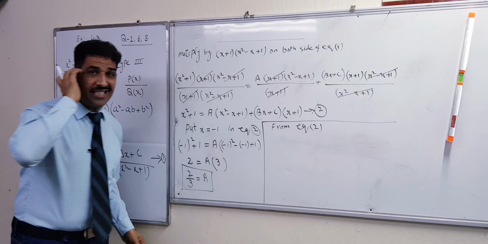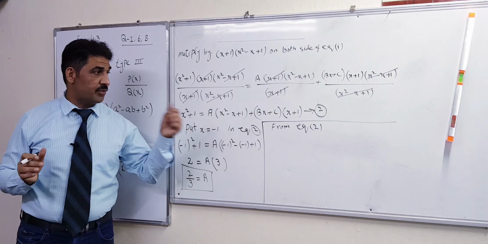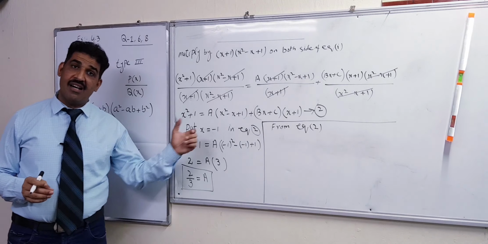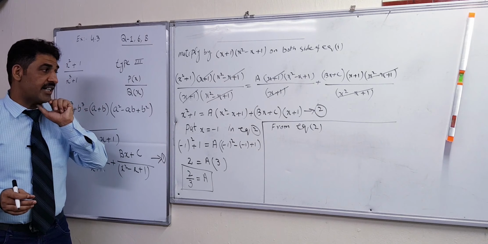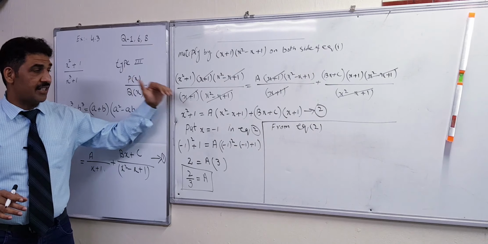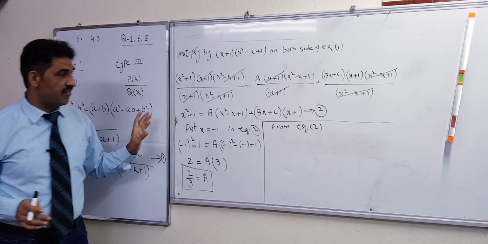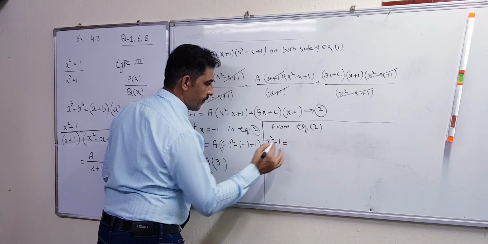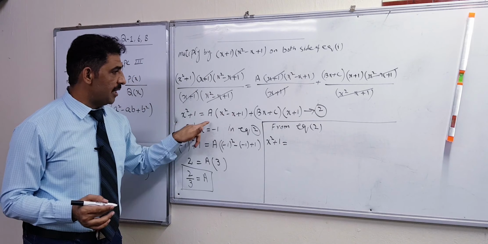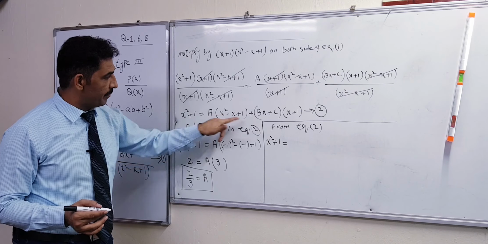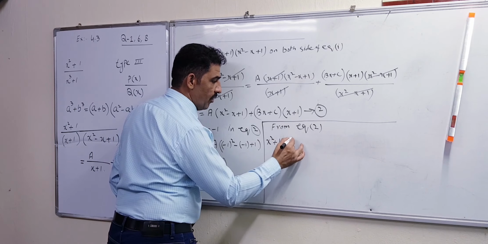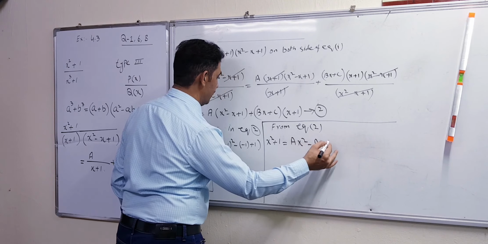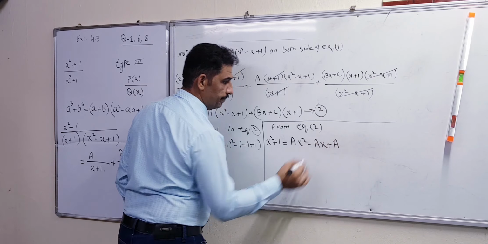To solve this exercise or this question, you should be careful because these questions are lengthy. So there is a chance of mistakes when you are going in a hurry. So please be calm and careful and solve it smoothly because those questions are lengthy. So x square plus 1 will remain the same. There is no need to simplify the multiplication, you just have to multiply a with all terms. So a multiplied by first: ax square minus ax plus a.